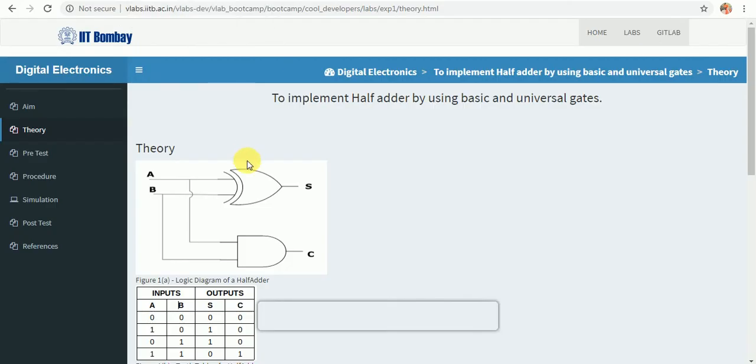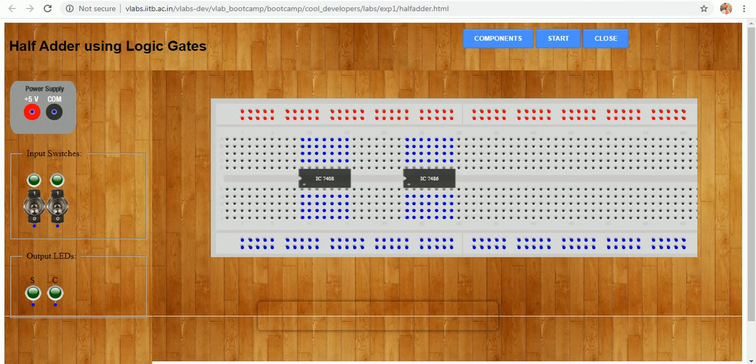We will refer to this circuit diagram. Here sum equal to A XOR B. Here I am going to connect VCC and ground to both ICs at the respective pin numbers.